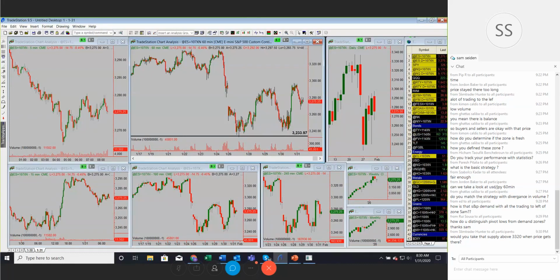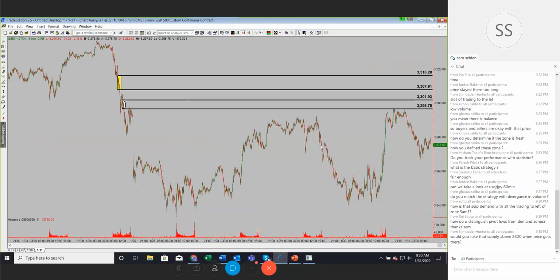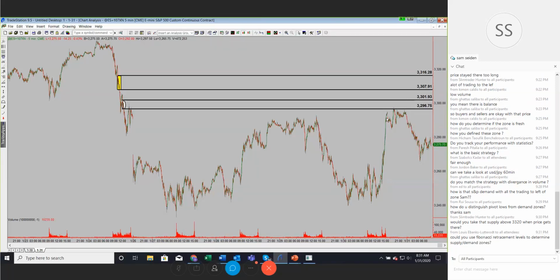3320, let's go look at that. The 3320 probably came from, let's see. So we did have this level in yesterday. Some members in our session reported that they took that. Again, I haven't verified those, but some people said that they took this. These are levels we had in yesterday.